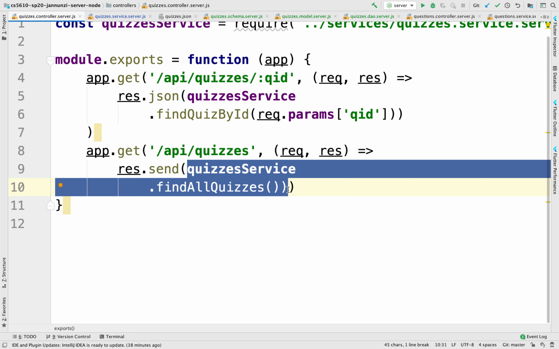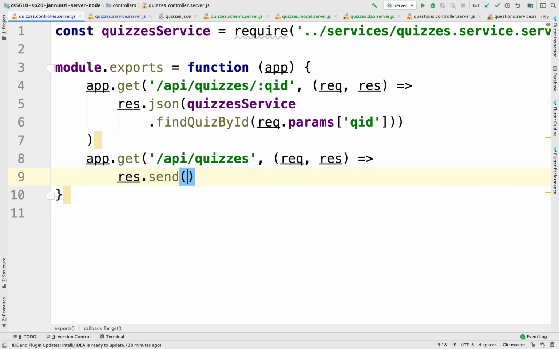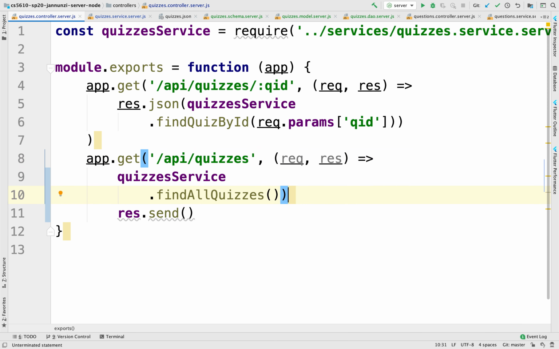Yeah, so this is not going to work, right? So we need to rewrite this in terms of the new asynchronous implementation. So the way we're going to do this is that we're going to remove this service call from here, and instead we're going to move it higher, right here. See that? And now we know that this find all quizzes